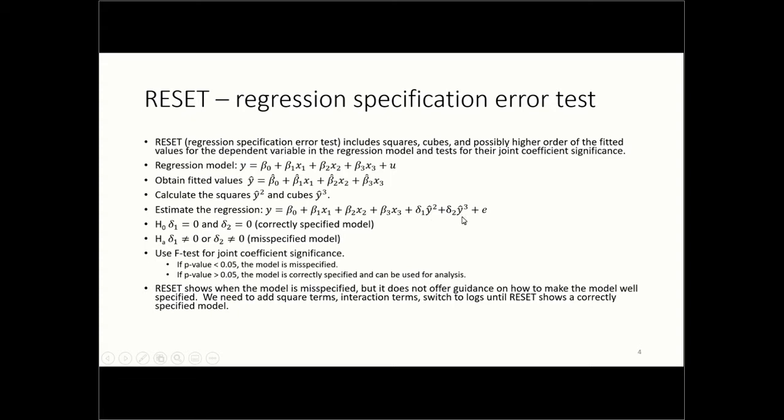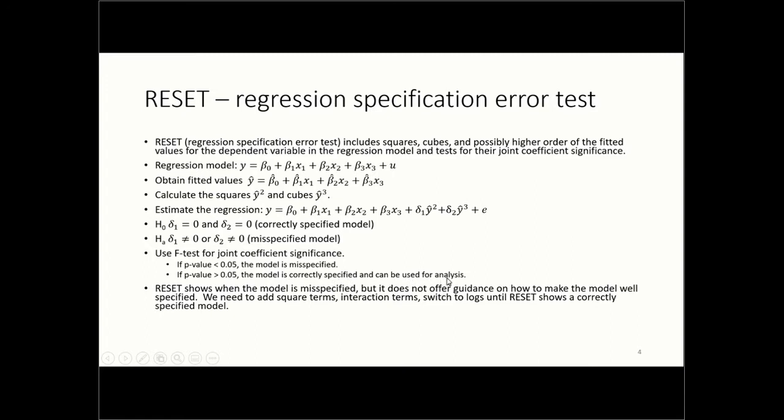Up to here is the same model, but we have included the y hat squared and y hat cubed in here. The null hypothesis would be that these coefficients, delta 1 and delta 2, are not significantly different from 0. That would be the correctly specified model. But if these coefficients are jointly significantly different from 0, which is the alternative hypothesis, we would have a misspecified model. We can use the F-test to test for joint coefficient significance. If the p-value is less than 0.05, the model would be misspecified. And if the p-value is greater than 0.05, the model would be correctly specified and can be used for data